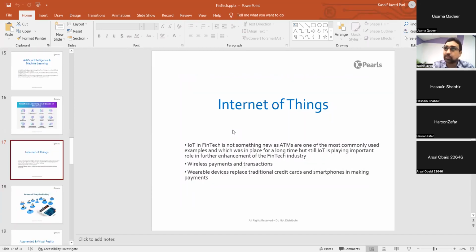So, the Internet of Things. Since some of you are already from the CS department, you might be aware that the Internet of Things is where, through devices, we are controlling or providing features to our customers. It's not only in the finance industry, it's in other fields as well. Like in the health department, with a heart pacer, doctors can now check a patient's condition or heartbeat from remote locations. It's not necessary for them to be in the hospital. They can see that over the internet as well. Then vending machines. This is another example of the Internet of Things. But in the finance industry,